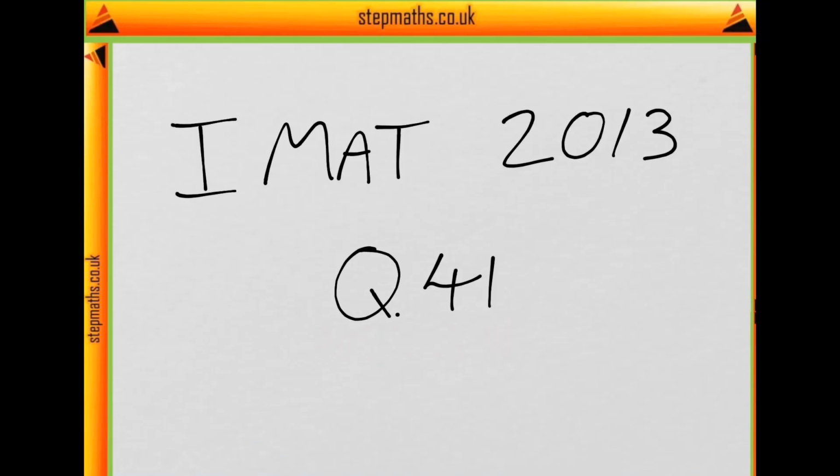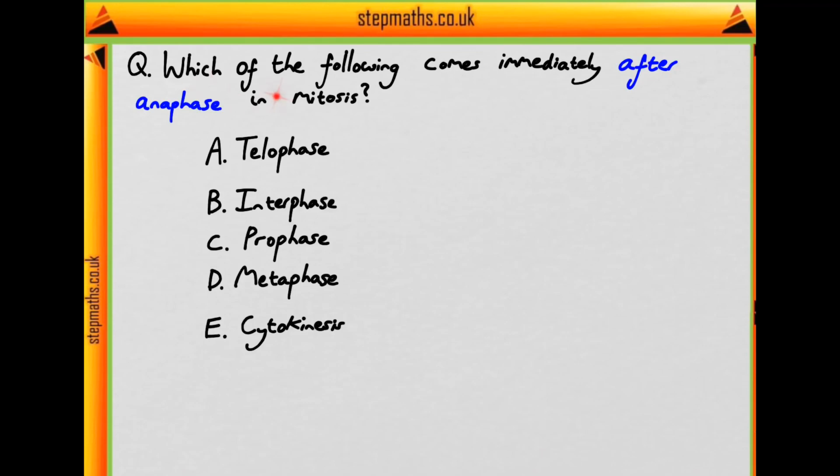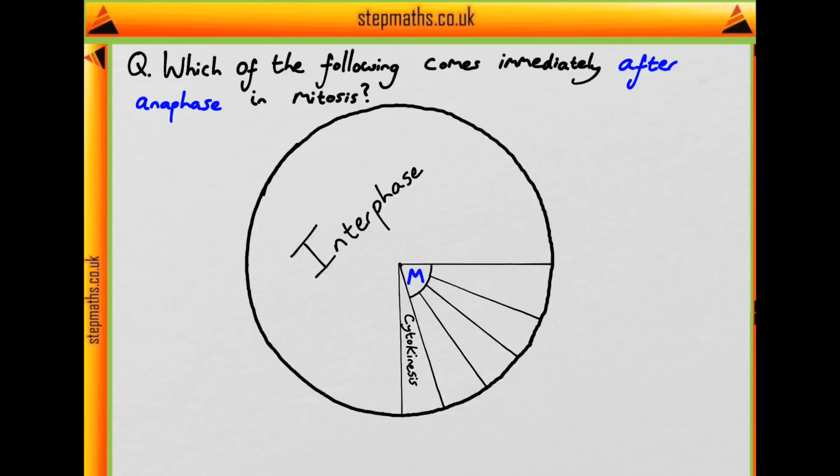This video is on question 41 from the 2013 IMAT paper. In this question we're asked which of the following comes immediately after anaphase in mitosis, and we're given a list of potential answers. So below I've drawn a pie chart showing the cell cycle, and as you can see, interphase